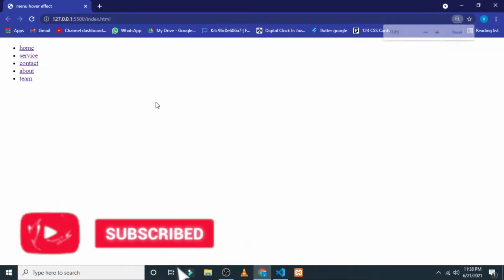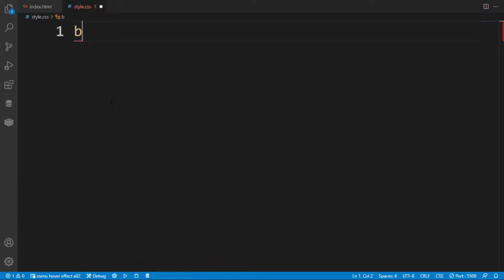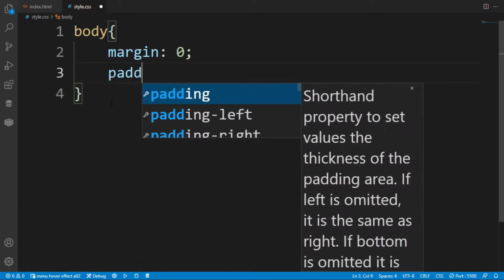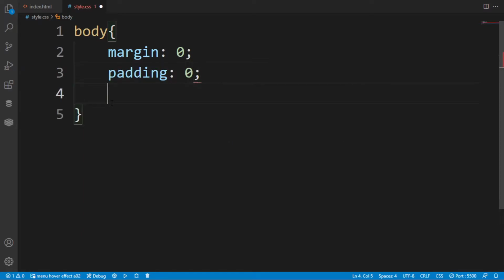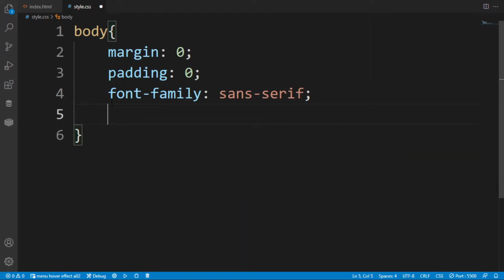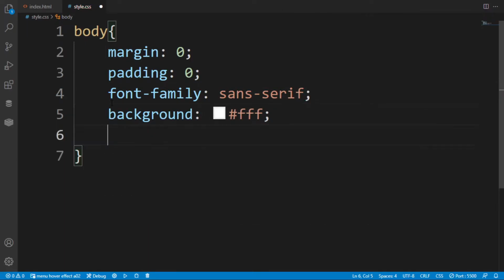So as you can see in the preview, the unordered list has been displayed. Here in style.css, I put the body margin 0, padding 0, font family sans-serif, and the background is white. By default it is white, you can put it or it is not necessary.